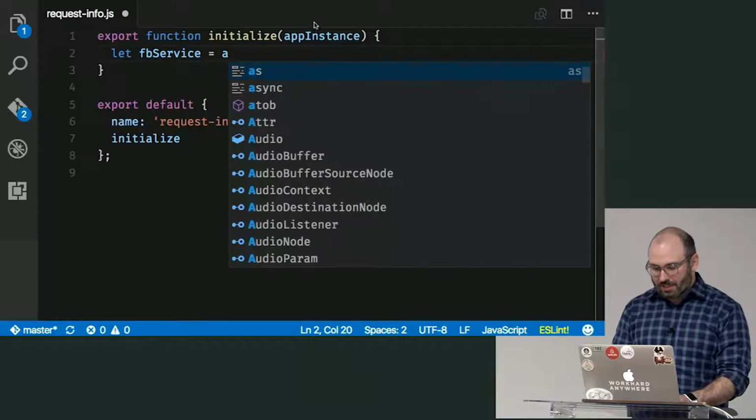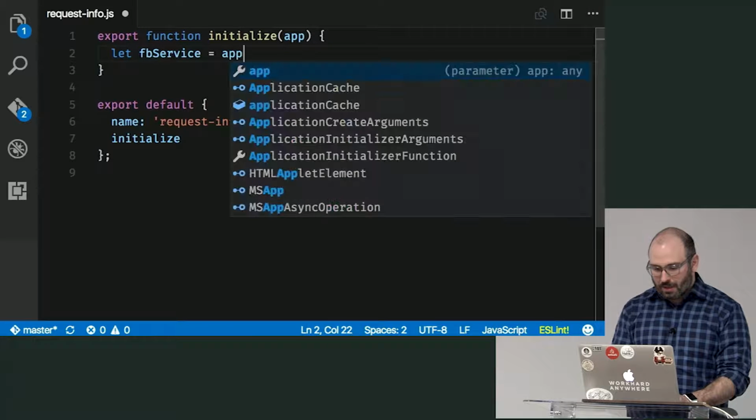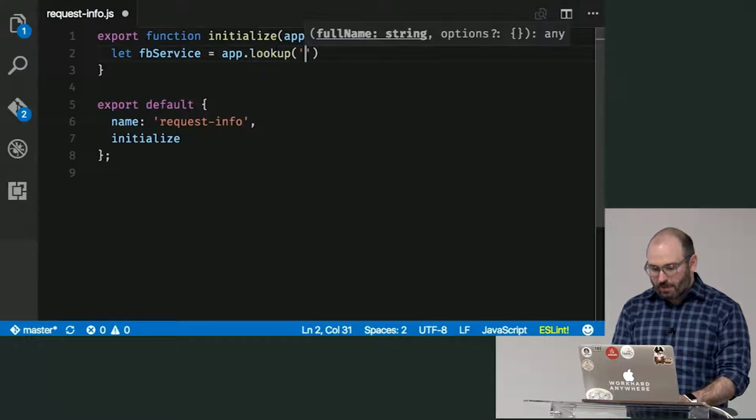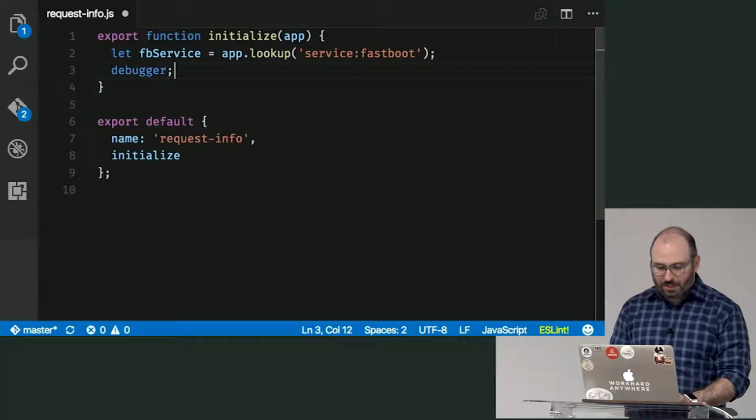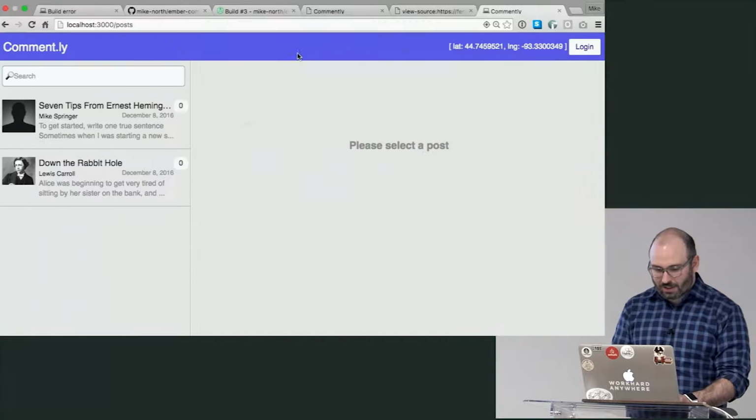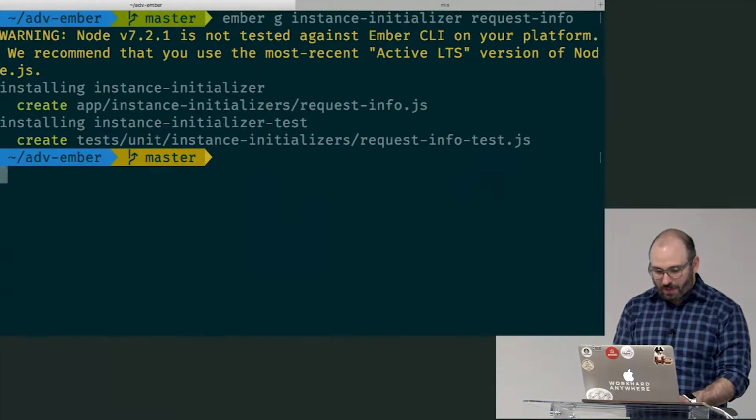Equals, let's just call this app for short. app.lookup service:fastboot. And we'll just set a debugger there and see how things turn out. And I'm going to, for now,